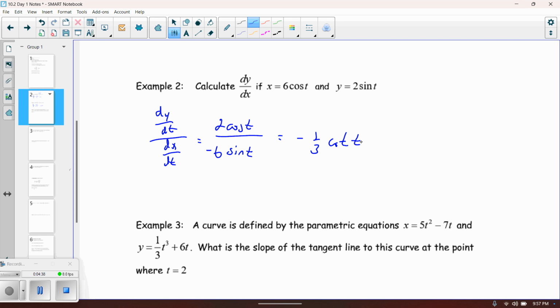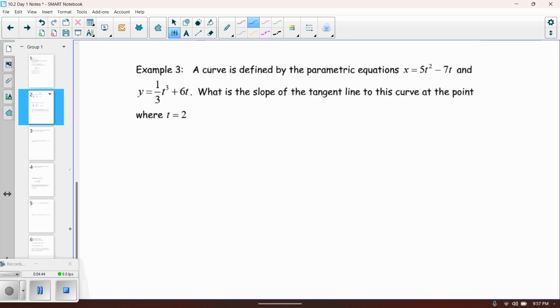All right, I hope that those two are pretty straightforward. Move on to number 3. A curve is defined by the parametric equations given as x equals 5t squared minus 7t and y equals 1/3 t cubed plus 6t. What is the slope of the tangent line to this curve at the point where t equals 2? So the only difference here is now we are actually finding this at a particular t value. Everything else is going to be the same. So dy over dx,